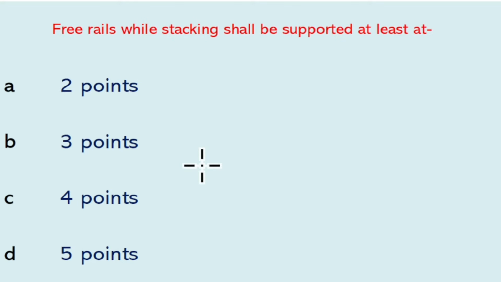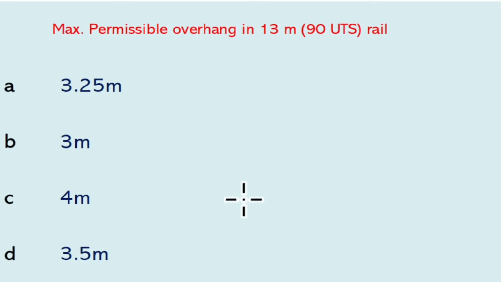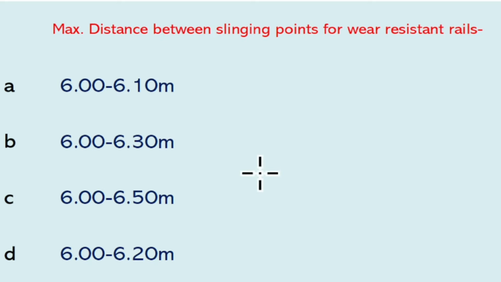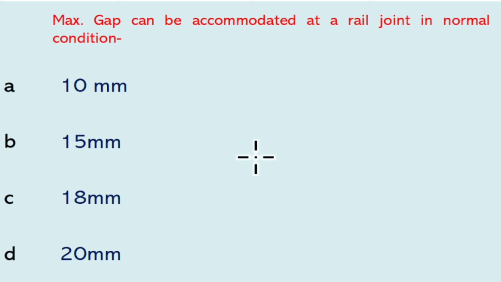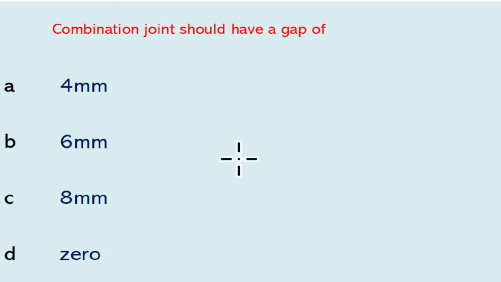Rails while stacking shall be supported at least at 4 points. Maximum permissible overhang in 13 meter 90 UTS rail is 3.2 meter. Maximum distance between slinging points for wear resistant rail is 6 to 6.5 meter. A standard gap at a fish plated joint is 6 meter. Maximum gap that can be accommodated at a rail joint in normal condition is 15 millimeter. Combination joint should have a gap of